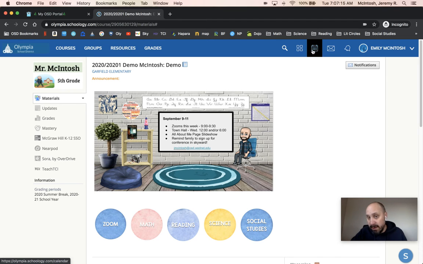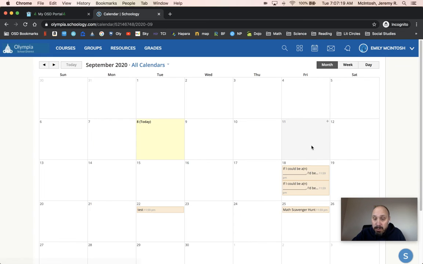So once you guys get in the habit of clicking the calendar, you'll be able to see all of your assignments and their due dates. These are the assignments. So I have 2 test assignments that are due on the 18th. Math scavenger hunt for Emily is due on the 25th. There's a test thing here due on the 22nd, and just a fun little assignment here called "If I Could